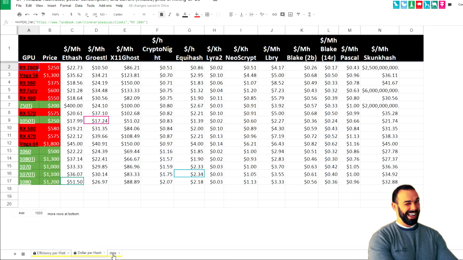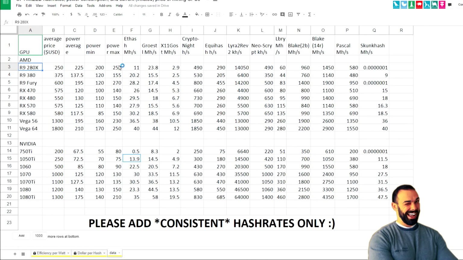Now, let's go over to the data and see what it says. Right here under CryptoNight, the AMD 280X hashes at about 490 hashes per second on CryptoNight. Now, I can verify that that's true. I've mined CryptoNight coins on the AMD R9 280X. So that's totally legit. You look at entry-level cards for NVIDIA, say the 1050 Ti or the 1060, and they don't mine quite as powerfully as the